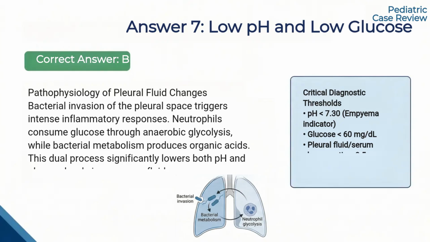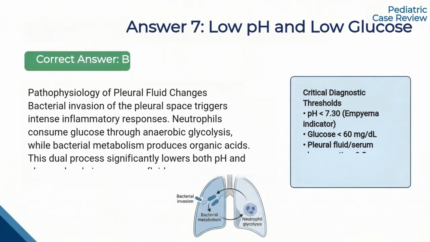Bacterial invasion of the pleural space triggers intense inflammatory responses. Neutrophils consume glucose through anaerobic glycolysis, depleting glucose levels. Simultaneously, bacterial metabolism produces organic acids, which together with neutrophil glycolysis significantly lower both pH and glucose in the empyema